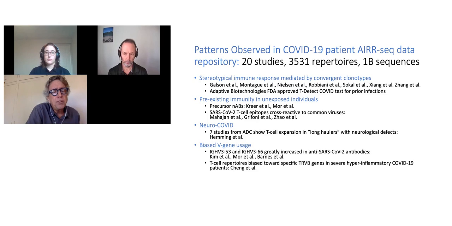When Brian talks about the AIRR Data Commons, he's going to mention our big push in COVID-19 patient AIRR-seq data. Here, just to talk about the applications of these data, I'm going to mention some of the trends that have already been seen in these AIRR-seq data. Again, what we're doing is making it easy to compare and share these data. From 20 studies, 3,500 repertoires, over 1 billion sequences from COVID-19 patients,